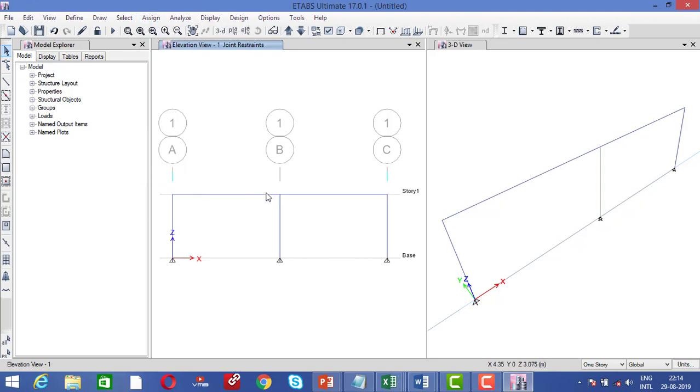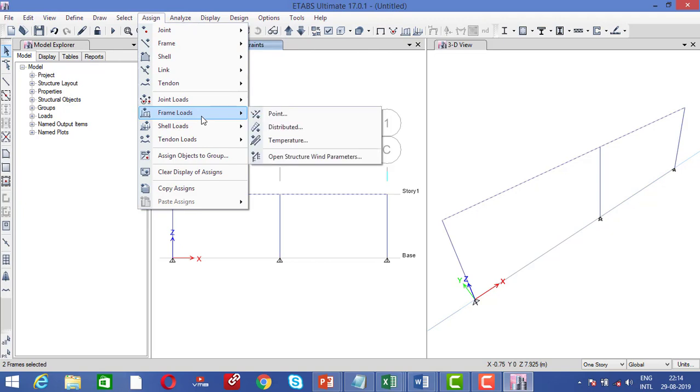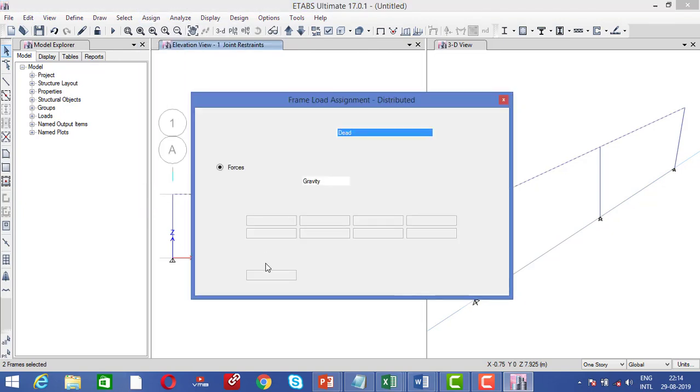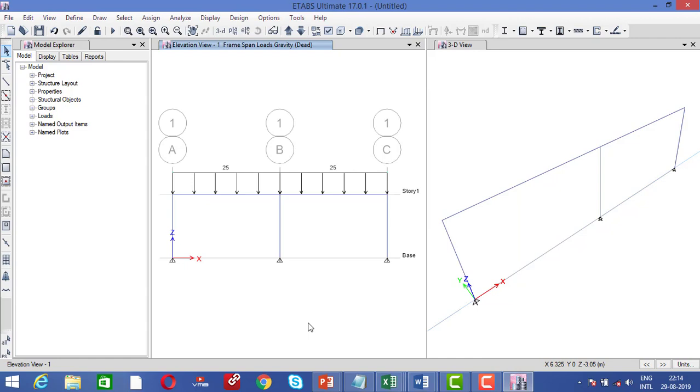First, you need to select the beam. Okay. I select this beam and select this beam also. Assign the frame load, distributed load of 25 kilonewton, gravity. Apply. Okay. Now one more load I want to provide is that select this one, select only that span, go